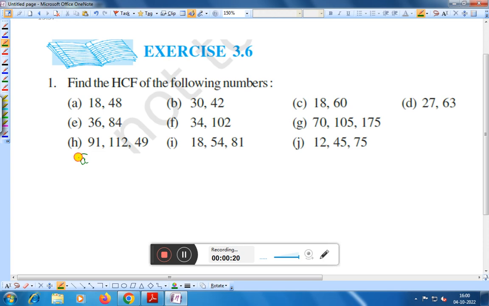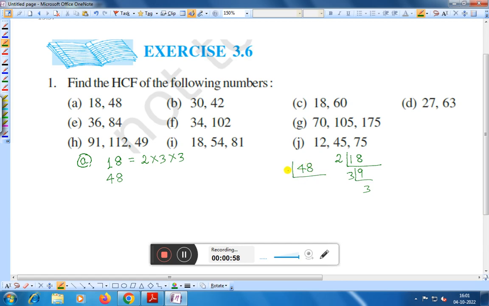Now 18 and 48. By the prime factorization method we'll find: 2 times 9 is 18, and 3 times 3 is 9. So you can write 18 as 2 into 3 into 3, and 48 can be written as